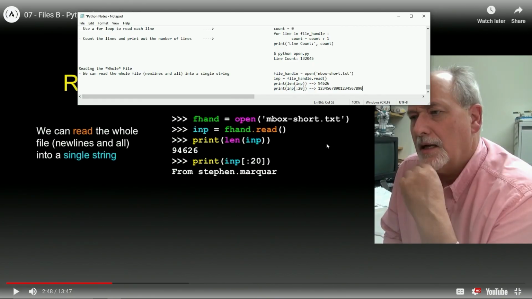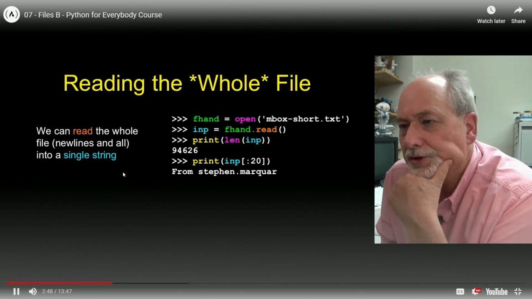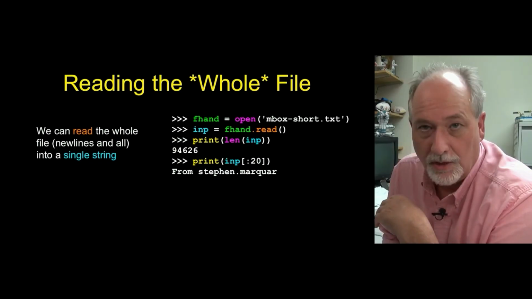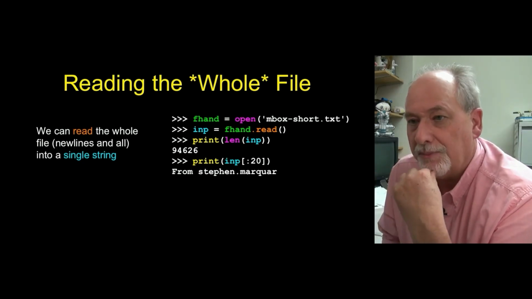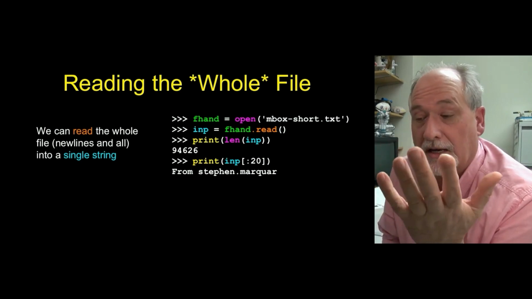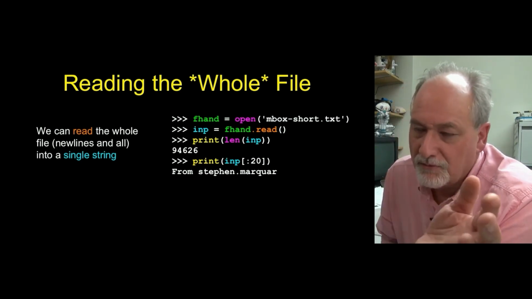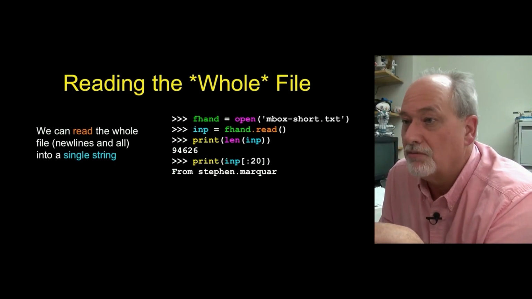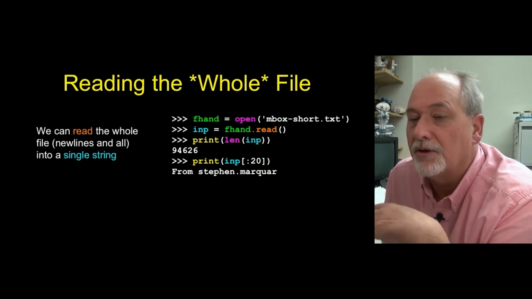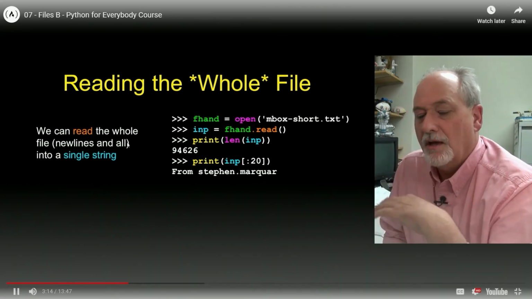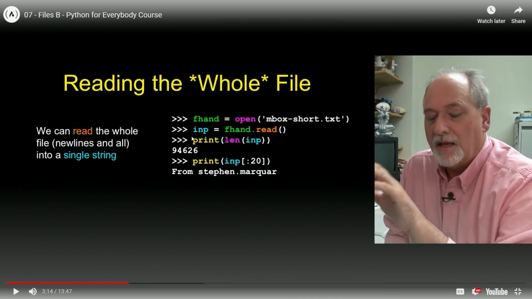So let's see what imp means, and then we'll go into this. Now, it's also possible to read the file as a series of characters, all in one go. Read the whole file in. Now, you have to be careful, depending on the size of the file. This is going to lead to a string variable with a lot of data in it. If it's 100,000 characters, that's actually kind of a small thing. But if it was 10 million lines, that would probably not be good. You'd want to read it one line at a time and process each line. And when he says 10 million, he is dead serious.